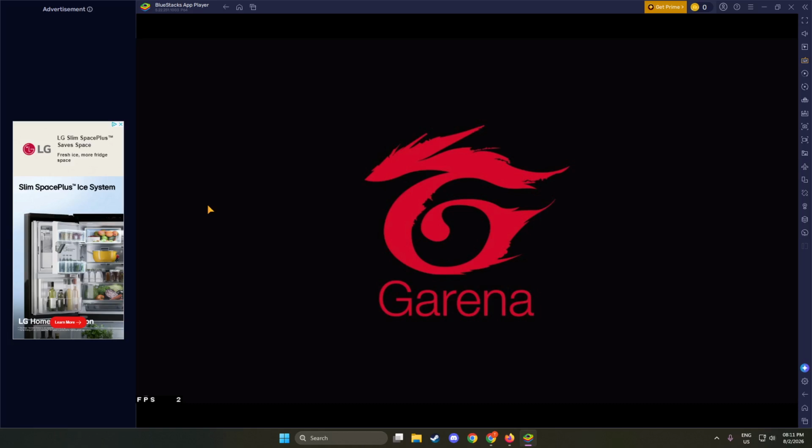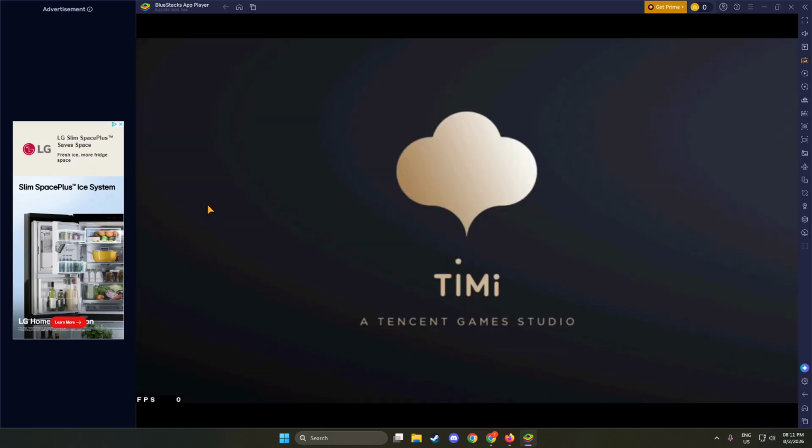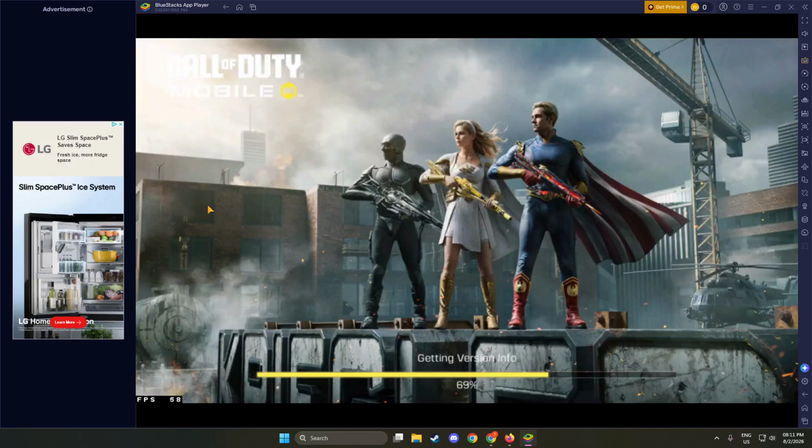With the install done, open the game. You can either click the Open button right there in Play Store, or go back to the BlueStacks home screen and click the new Call of Duty Mobile icon. The first launch usually shows the game logo and then some terms or notices, so give it a bit of time to reach the main login screen.